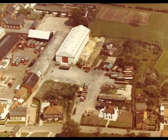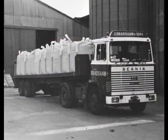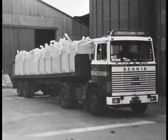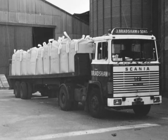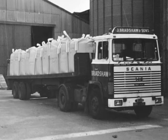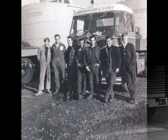I eventually got driving. Had quite a few new lorries in my time. Maybe 10 or a dozen different lorries, new lorries, some that was handed down. And in that time,